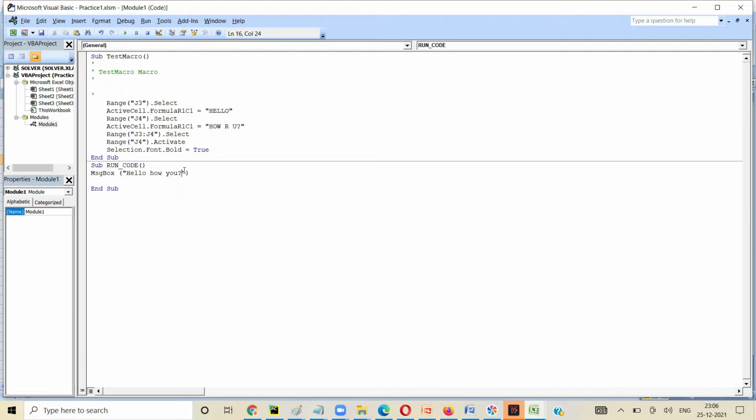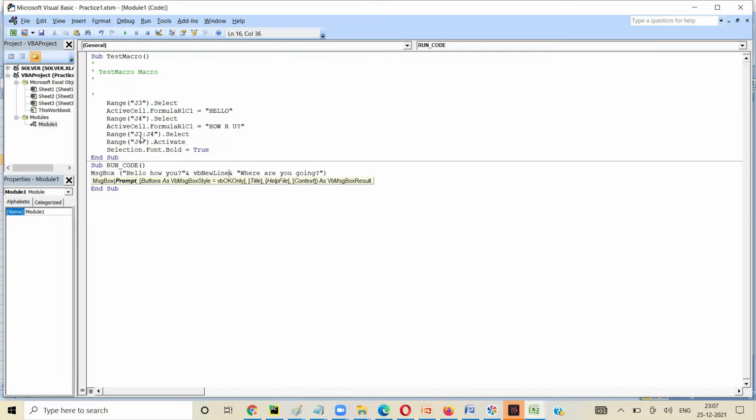So this message is line one, how are you? And I want the message in two lines, something like where are you going? So how are you and where are you going? We have something called VB new line. Like slash n in Python and Java, here we use something called VB new line. So I'm going to say, and is used to join, right? In between I'll say VB new line.